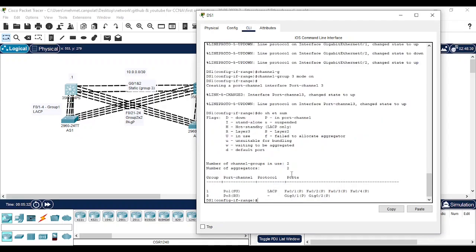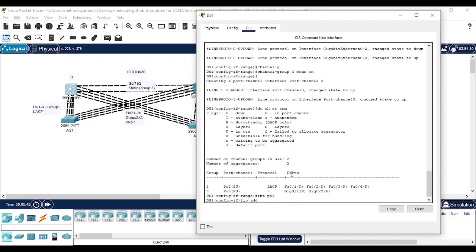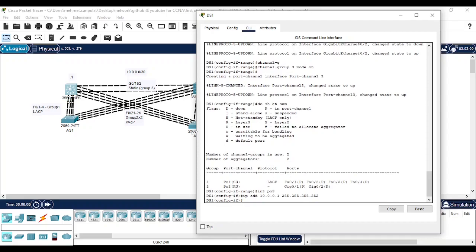It is not seen yet. Interface PO3. Then I will define an IP address for this port. I already made no switchport, so I can add the IP address. 10.0.0.1 for the left side. /30 for the left side,